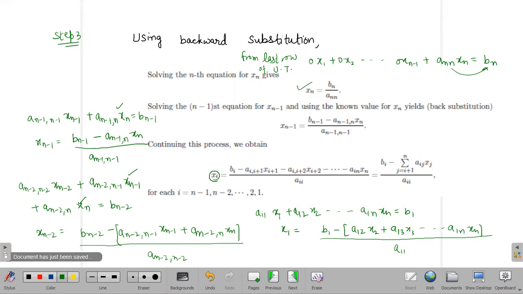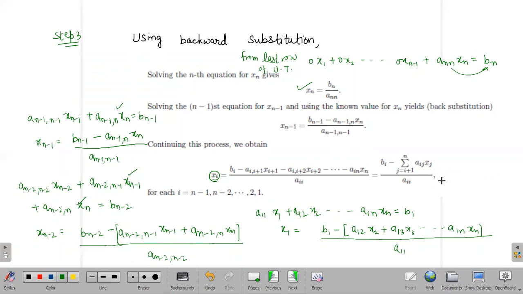So we will separately write this xn. If you write this program in MATLAB, you separately find this xn. Then from this loop, you will find from x(n-1) onwards. So i will run from n minus 1, then n minus 2, then n minus 3, down to 2 and 1. This way you will get the entries. At last you will get x1, x2, x3, and all the values of the unknowns. So this is the procedure of the Gauss elimination method. Any doubt in this procedure?